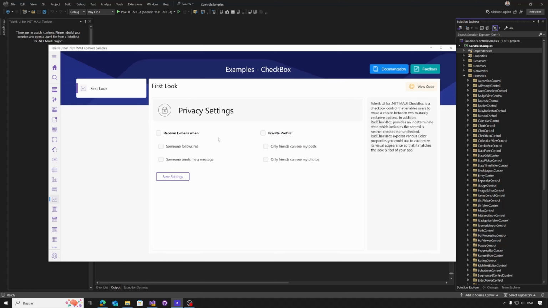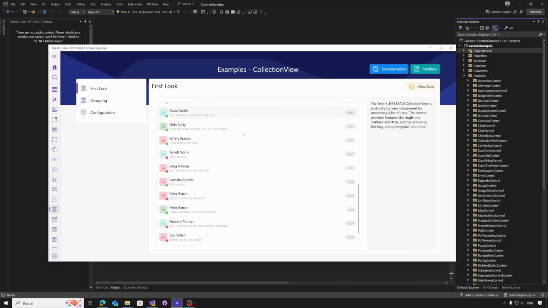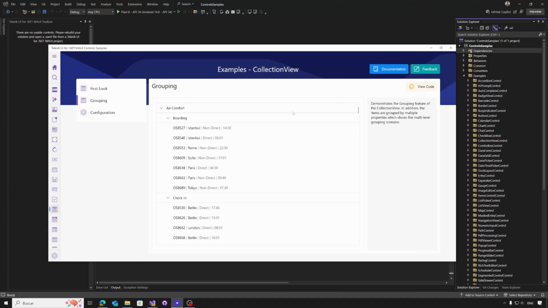Passing to other controls, we of course have a checkbox with different customization options with the mark, different animations, etc. And one of the biggest ones is the collection view, to display a collection of data. The interesting part of this is that the control is virtualized, so we only render the elements that are on the screen, reusing cells and allowing multiple configuration options related with selection, grouping, filtering,